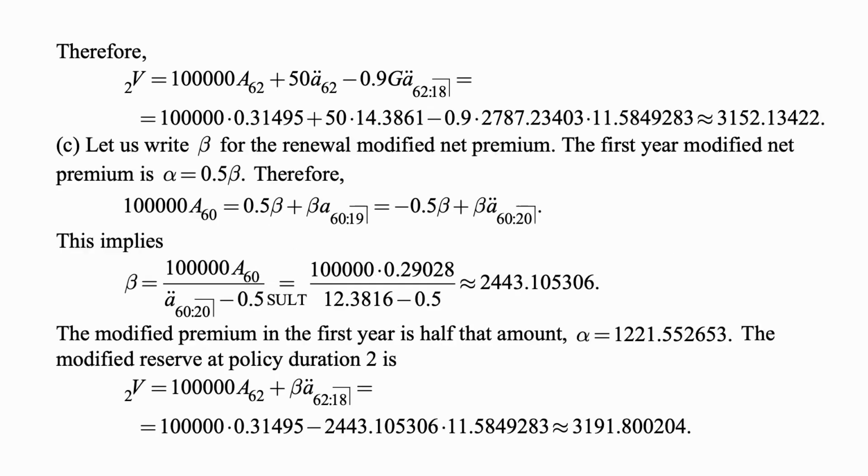and get finally that A double dot 62 colon angle 18 is approximately 11.584928. So we plug this all into the formula for the reserve at policy duration 2, and we obtain that reserve to be approximately